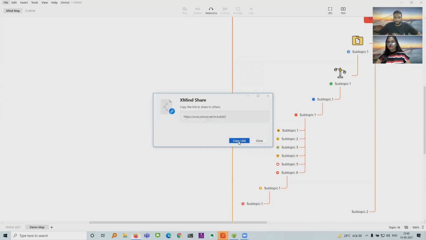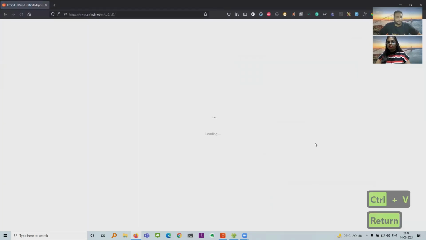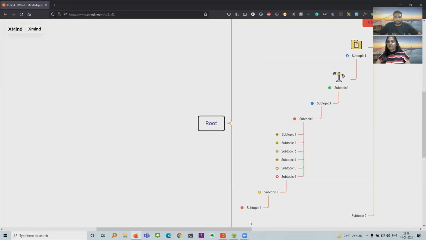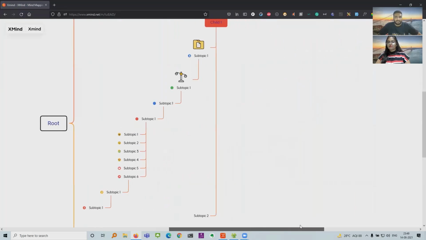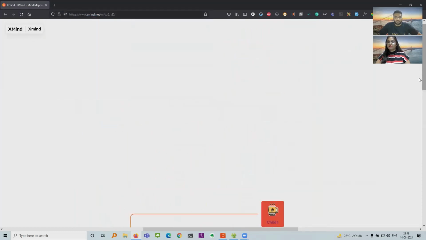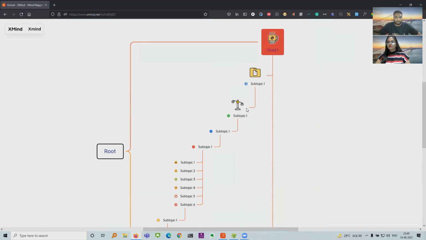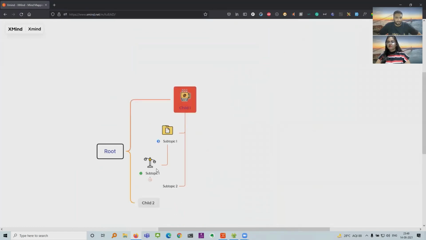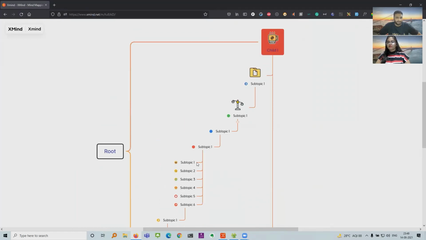And here you go. So I have the link. I've copied it and pasted it in the browser. And yep. So here, if you see, on this web I have this, and I can directly share this URL with anybody who wants to see it. So they don't need a mind mapping tool to visualize it. And the compression and expansion, everything works the same. So that's also pretty cool.